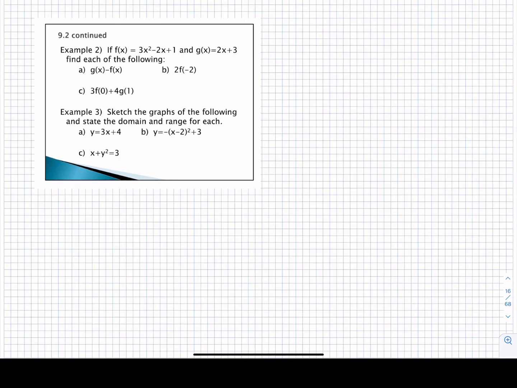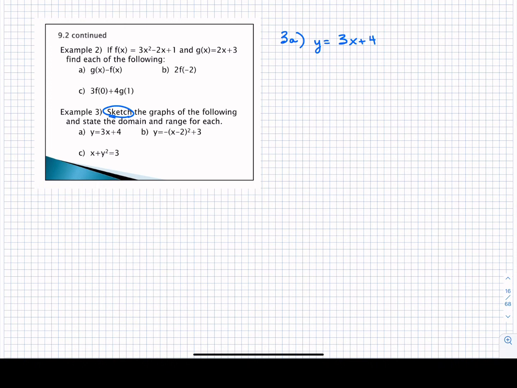The next set of examples are slightly different. We're asking you to sketch a graph, and when you sketch a graph, you're building your own table of values and seeing how those points connect. So when we talk about a table of values for our first function, what I want you to be very careful of is choosing appropriate values and making sure you have enough points to get a good feel for how the graph is behaving. If we have the equation y equals 3x plus 4,